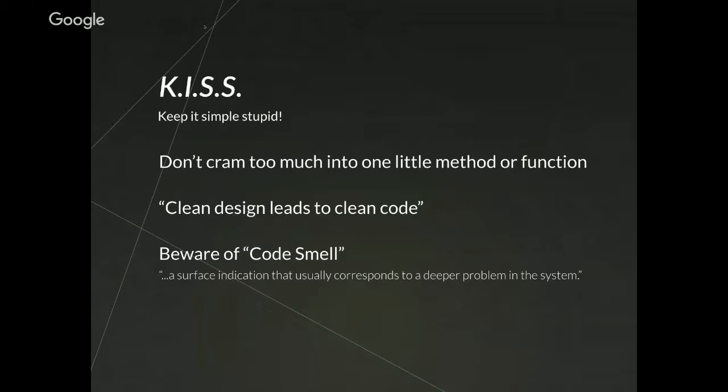So there's KISS, keep it simple, stupid. What that's trying to get you to think about is not cramming too much into one function or method. If you're writing gigantic super methods that are hundreds of lines or 50 lines long, and you can't rationalize what its true purpose is because it does several different things, that's probably not the best architecture, and that's the time to stop and think before you even get to that point. How do I write a very concise, very small method that does what I need it to